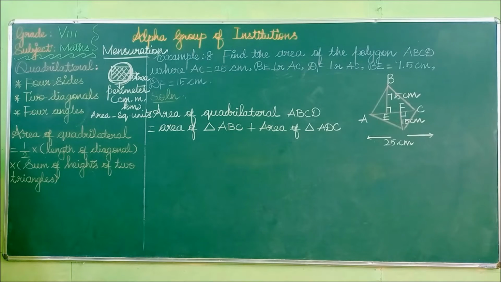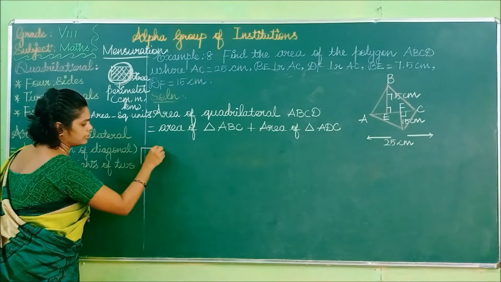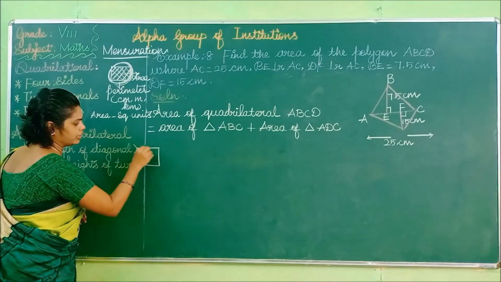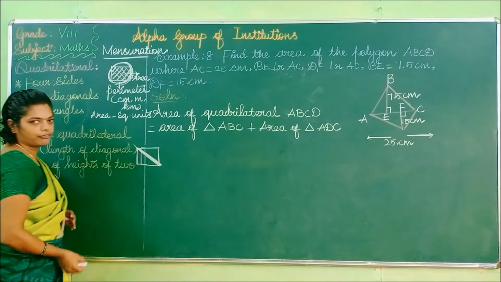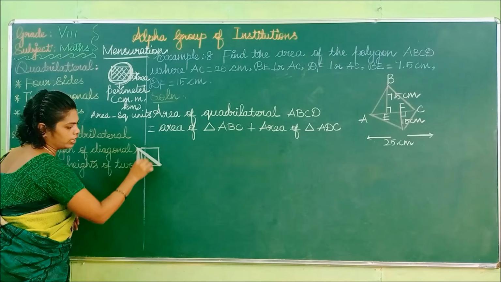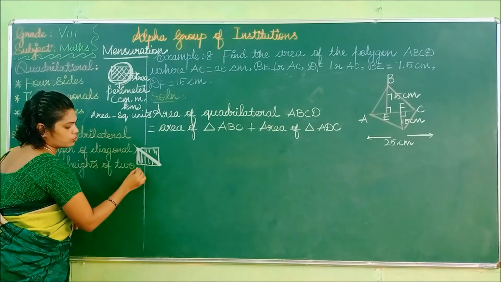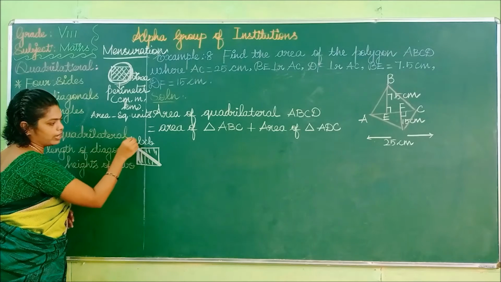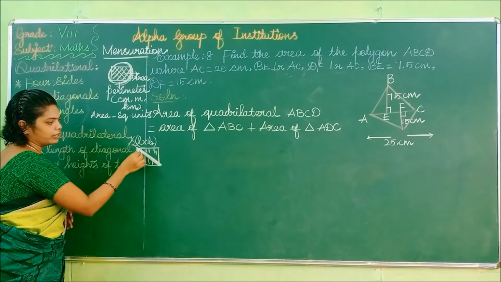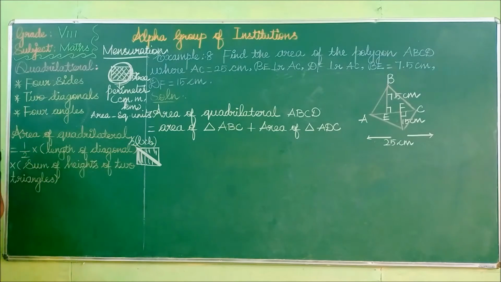I told you on that day itself. If you take a rectangle, consider this as a rectangle figure. If you cut that into 2 equal halves, the formula of rectangle is length into breadth. If you cut it into 2 equal halves, the formula of triangle will be half length into breadth. And what is the formula for a circle? Pi r square, square units.